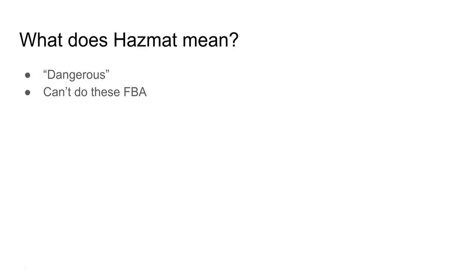But you can appeal some of these, and sometimes FBM sellers will try and get a product to be hazmat to avoid FBA sellers joining the listing, but you don't really need to worry about that too much. For now, you just need to be aware that hazmat means you can't send these items in through the Fulfillment by Amazon